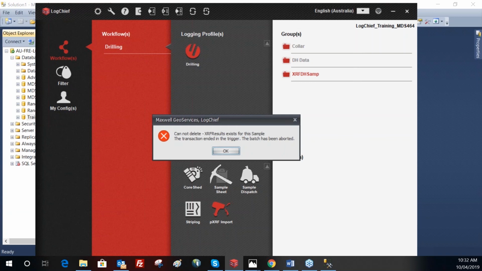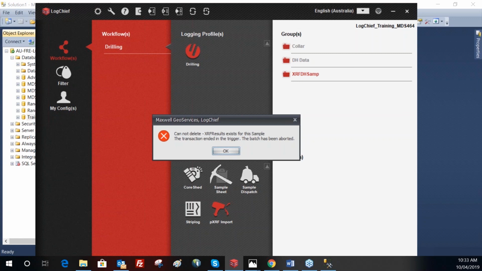You say, clear all the records, it looks at the mapping, figures out that there are related records undercover in tables not in the mapping, and it gives you the message. But if you include XRF results in the mapping, does that work? It should, yeah. Deletes it all. Yeah, it will have to delete them all, but you got a catch again. You got thousands and thousands of records if you try to open that table. So to me, I'm not keen to have it as part of the mapping, but you need to basically explain to the client if they're going from